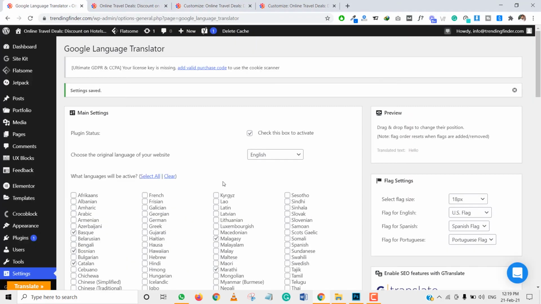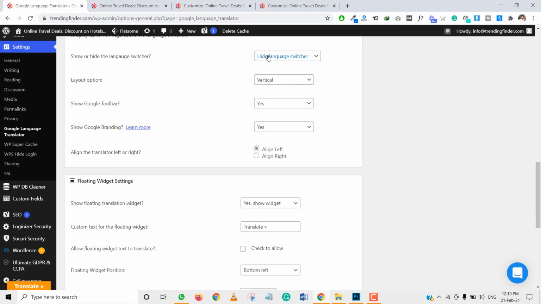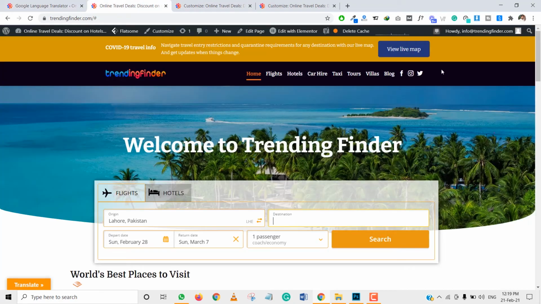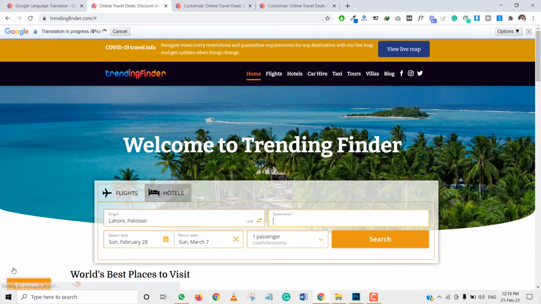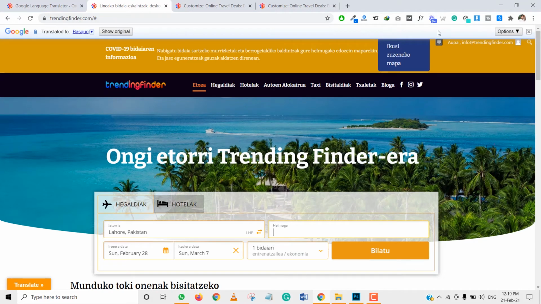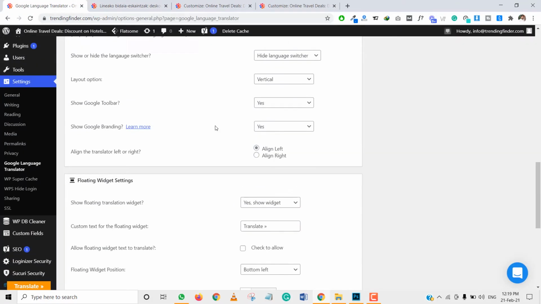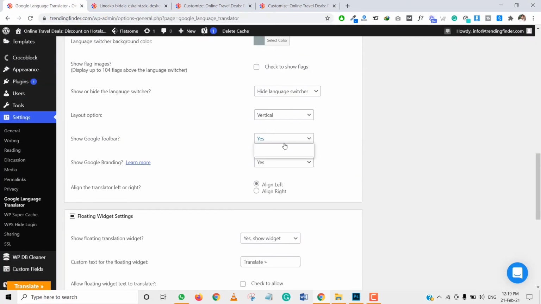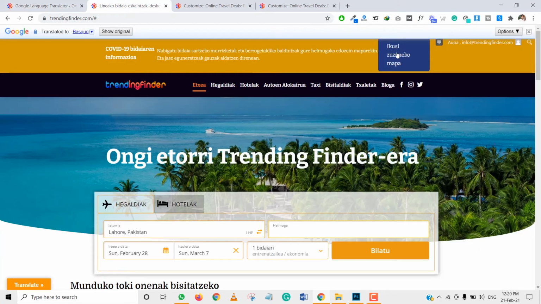If we have set the option to hide our language switcher, we don't see any language switcher here, we only see the floating section. If I click on this section, you can see this top bar is showing again. We don't want to show this top bar, so we click no on show Google toolbar and show Google branding. These are the brandings here.